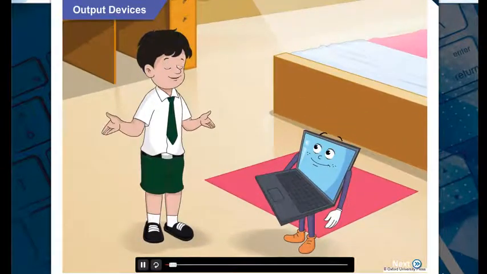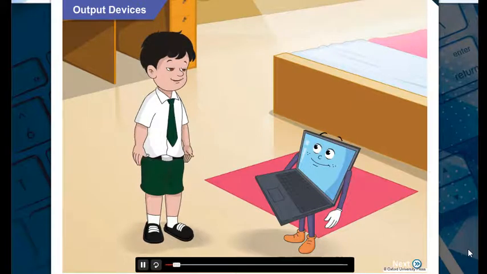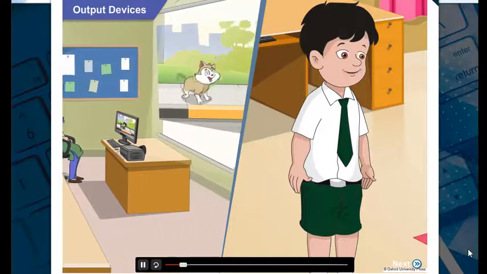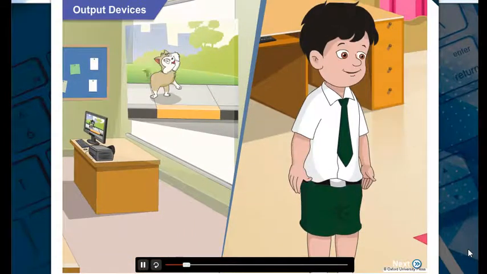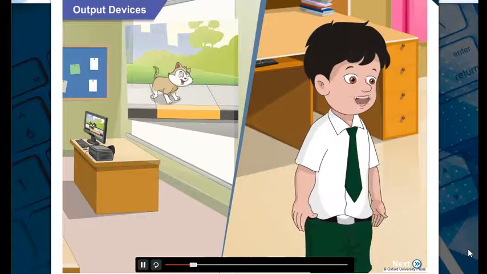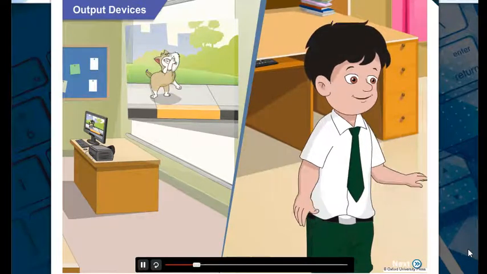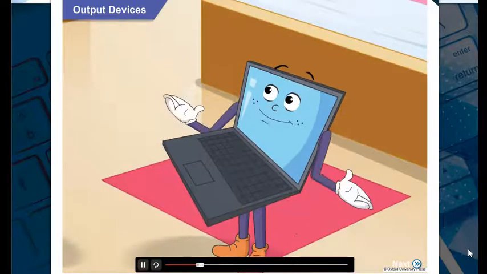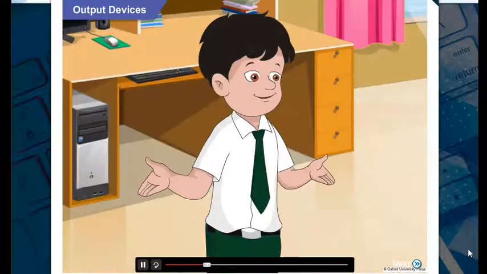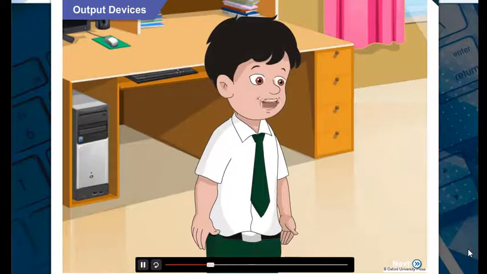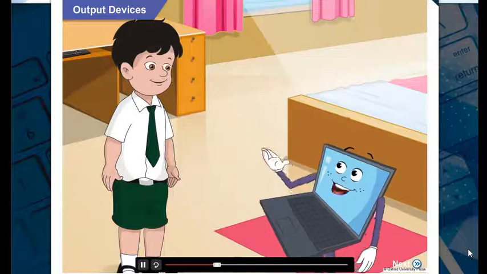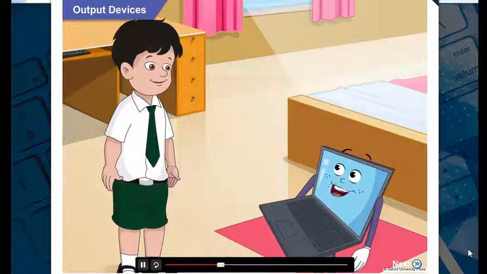Hey, Toggle, do you know what happened at school today? What? Today at school, our teacher showed us a movie on a big white screen. Great! And you know, Toggle, the screen was so huge, just like the one in a movie hall. I think you are talking about a projector screen. Is that so? Yes, that's what the teacher called the big white screen. Goggle, that was just the screen where the movie was being shown using a projector.